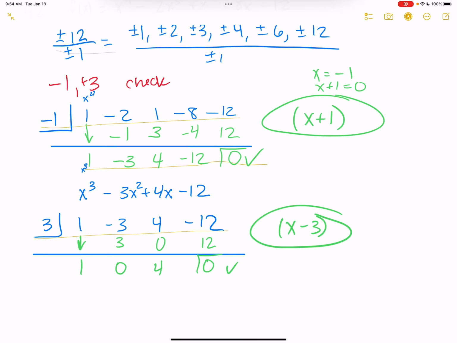So now I didn't have any other numbers that I thought I could check, okay? So that means that I've got to see what I have left over. So this was an x cubed term here, which means this is now x squared. So I'm left with x squared plus 4, okay, and obviously if I were to try to find the little factors, I would say, okay, well, x squared is equal to -4, x equals plus or minus the square root of -4. Well, that has i's in it,